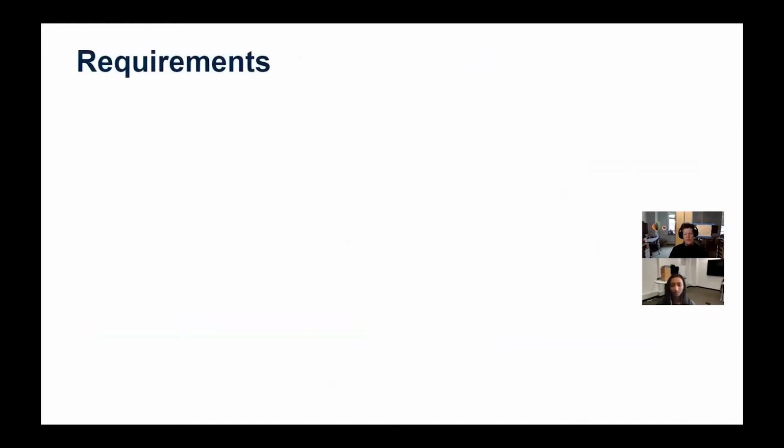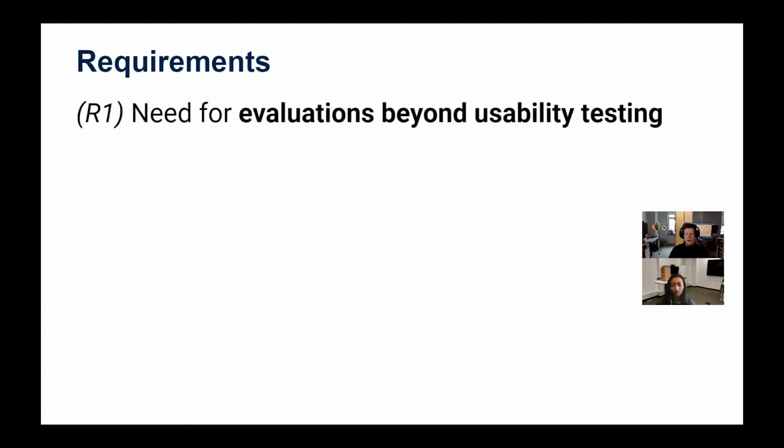The way we went about it was talking to 8 research, media, and instructional teams, really analyzing their requirements. They were all working on a variety of XR projects. We found that there's a need beyond usability testing. A lot of the questions they had, what they wanted to find out by doing studies in mixed reality, were not whether this interface is usable or whether this button is sized the right way. The questions were often more about user behavior,